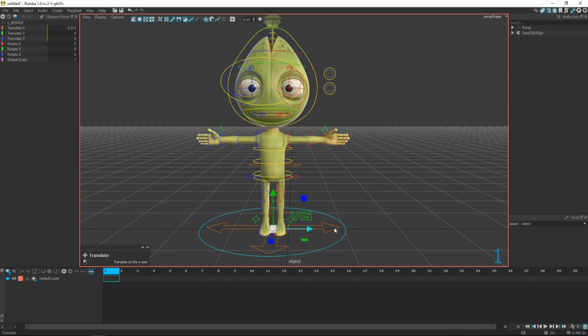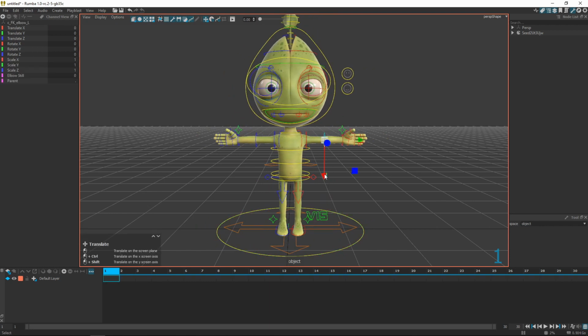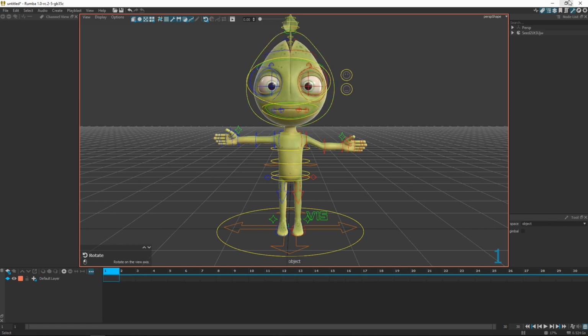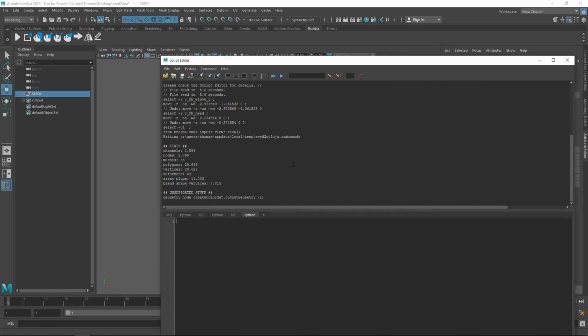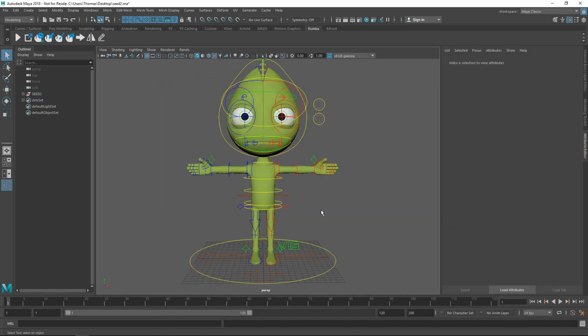As you can see, I can move those controllers the exact same way as in Maya. Nothing fancy here. Rotations as well. Okay, you can also check the script editor in Maya to look for any exporting issues that might need to be fixed. Now that we have exported our first rig to Rumba, we want to turn it into a more